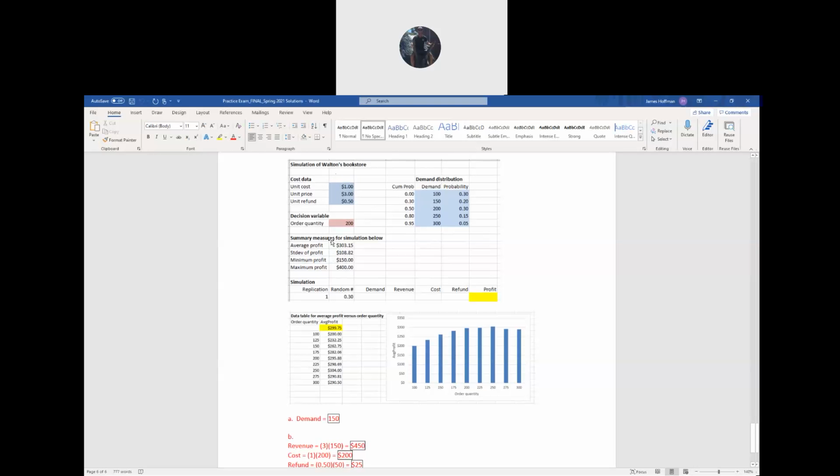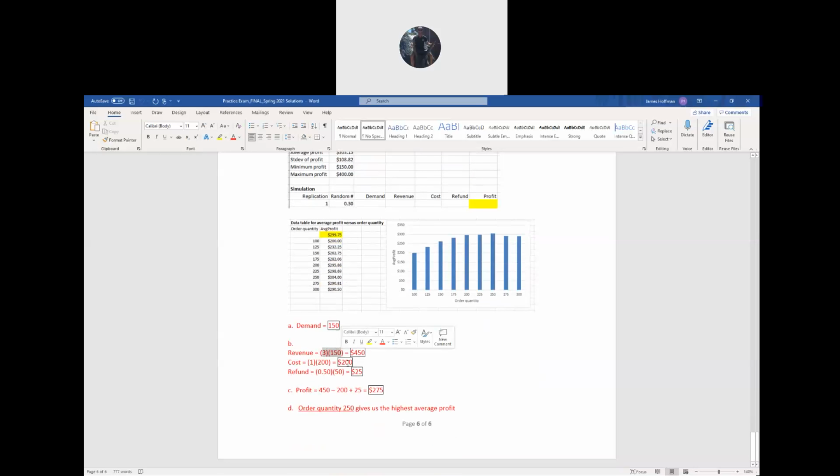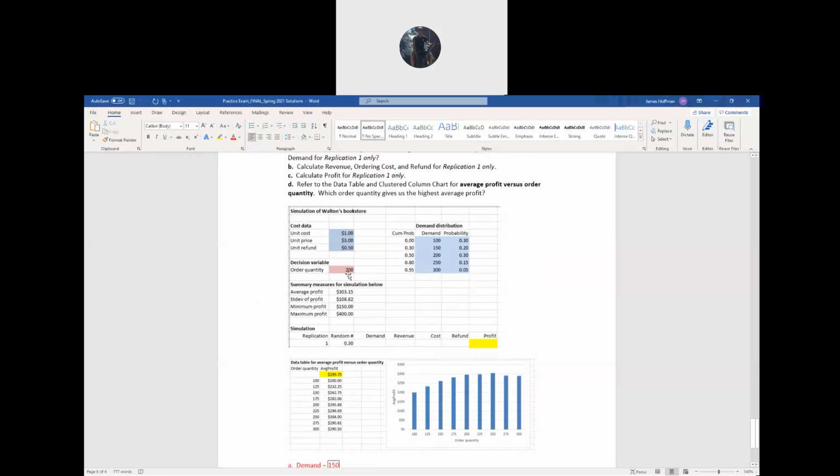All right, so remember revenue is always what's lower, demand or order quantity, times the unit price. Demand was 150, and order quantity is 200. So which one is lower? Obviously, demand 150 is lower than 200. So the revenue is the lower of the two times the unit price. So it's going to be 150 times 3, which is 450 in revenue. And the cost is always order quantity times unit cost. So 200 times 1,